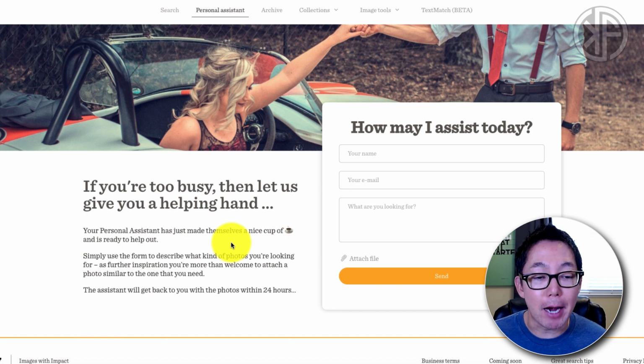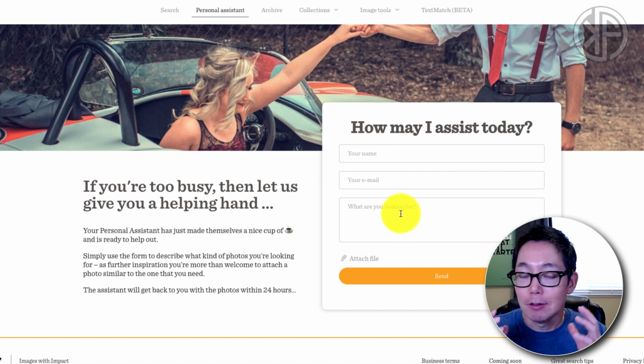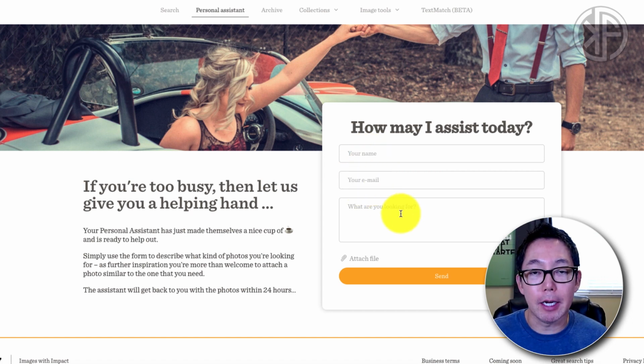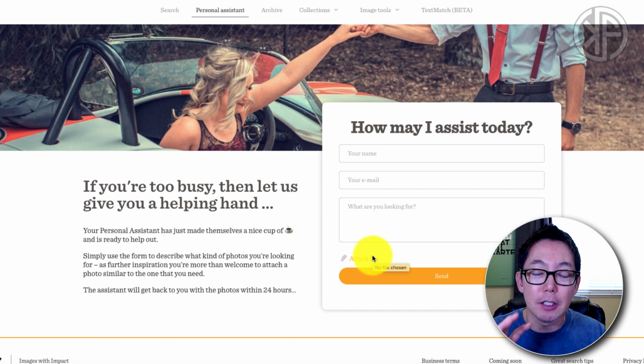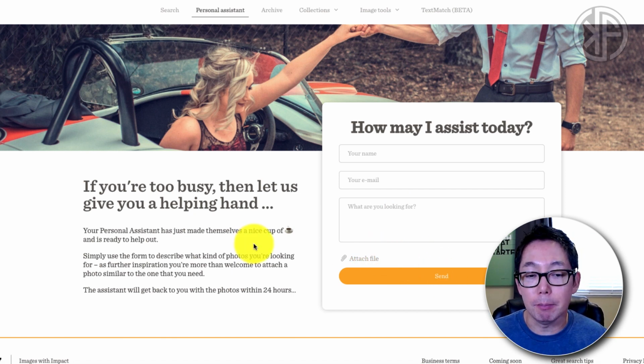The assistant will get back to you with the photos within 24 hours. So all you do is fill in your name, your email address, and describe what you're looking for. Try to be as descriptive and specific as possible. You can even attach a file so that it gives them an idea. Then you click send and they get back to you within 24 hours, which is